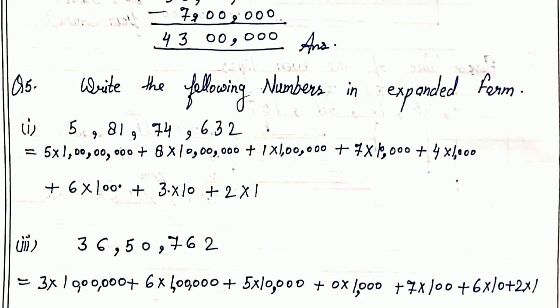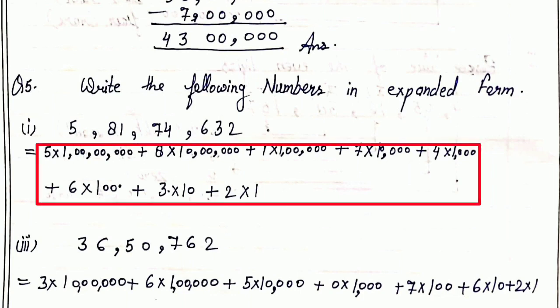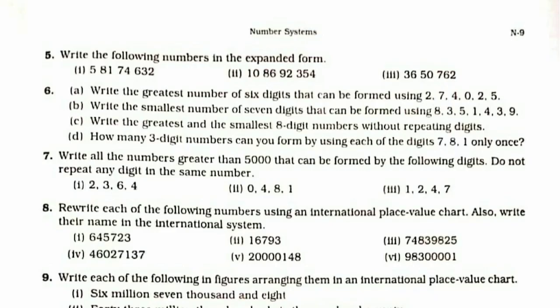Now see the question number 5, first part. Here we are doing with the same pattern. Okay, and the third part also. Here 2 is situated in 1's place, so 2 is multiplying by 1. 3 situated in 10's place, 3 multiply by 10, and then we are adding. 6 situated in 100 place, 6 is multiplied by 100. Like this we will multiply with the place value, and then in this form we will write. I hope it is clear to you.